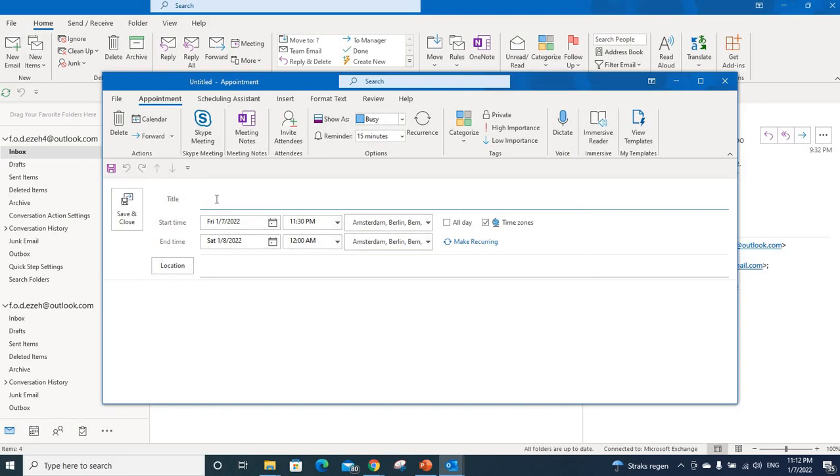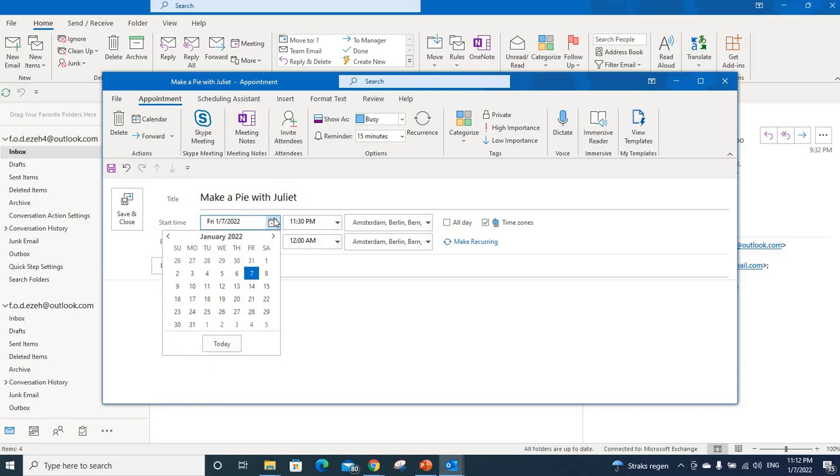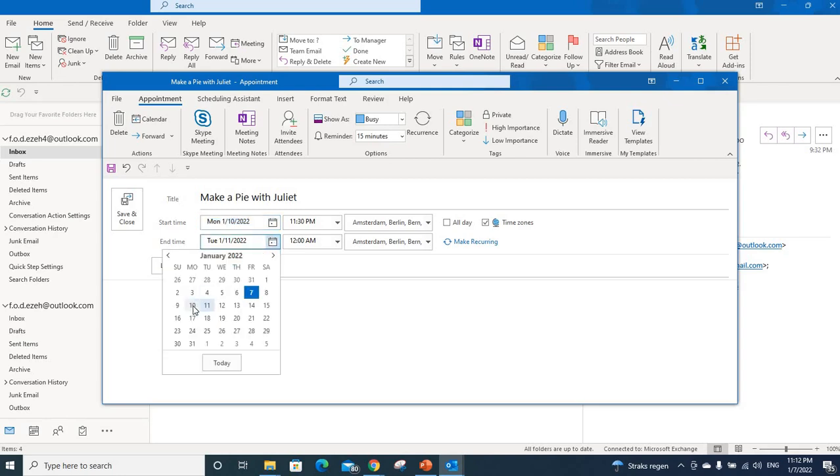and what you see here is that you can make a title. Let's say make a pie. So I have an appointment to make a pie with Juliet. So now I have to look at what date do I have that appointment. Let's say I have it on the 10th and it will end still